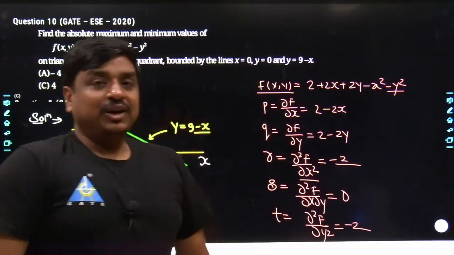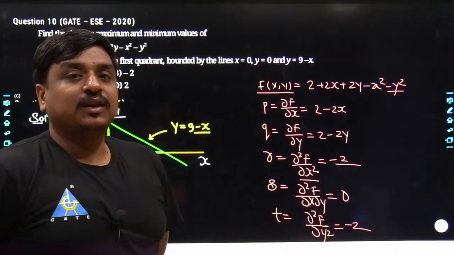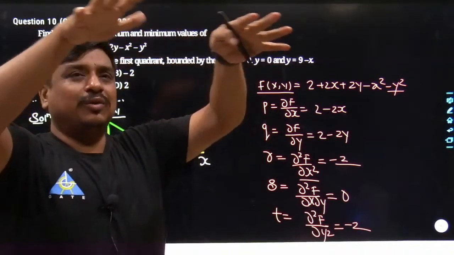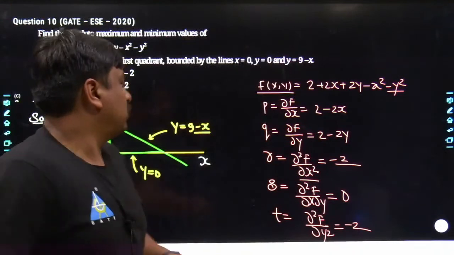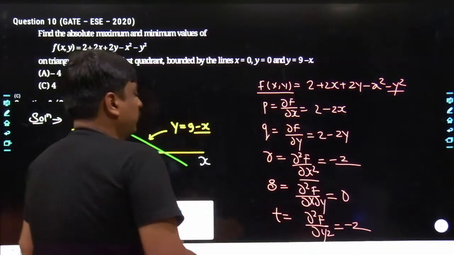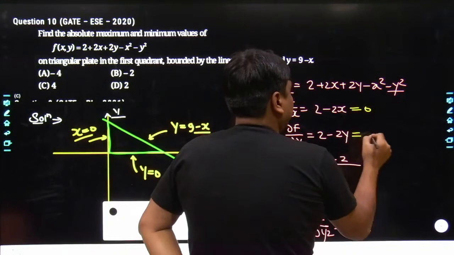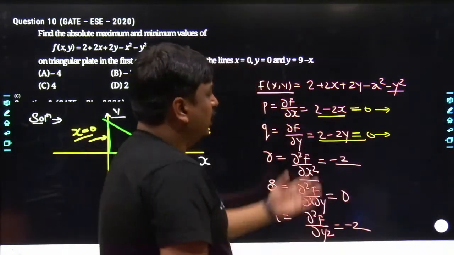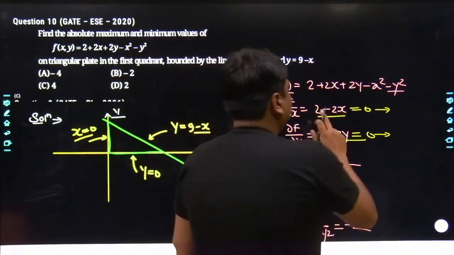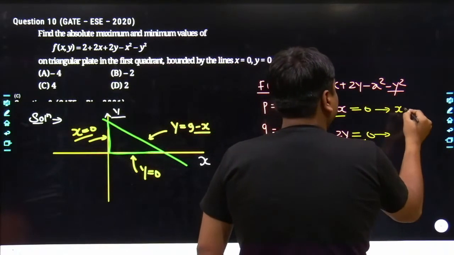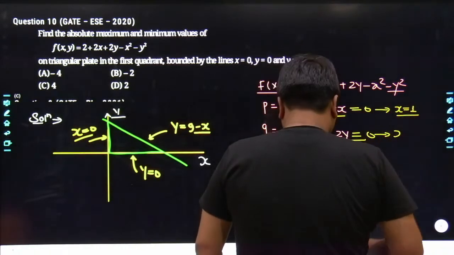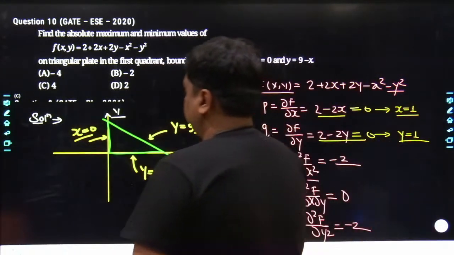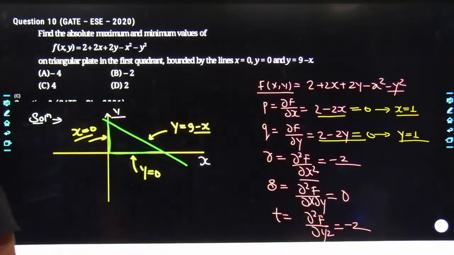At the very beginning, what will we try to get? We will try to get the stationary point. What does that mean by the stationary point? The stationary point is where the slope over the 3D structure becomes 0. How do we do that? Obviously, we would be comparing this with 0. Once we compare, it becomes a linear equation with one variable, so the value of x can be easily calculated. Minus 2, minus goes out. The value of x which we got is nothing but x is equal to 1. And here it is nothing but y is equal to 1. So till this point, each and everything must be clear to all of us.